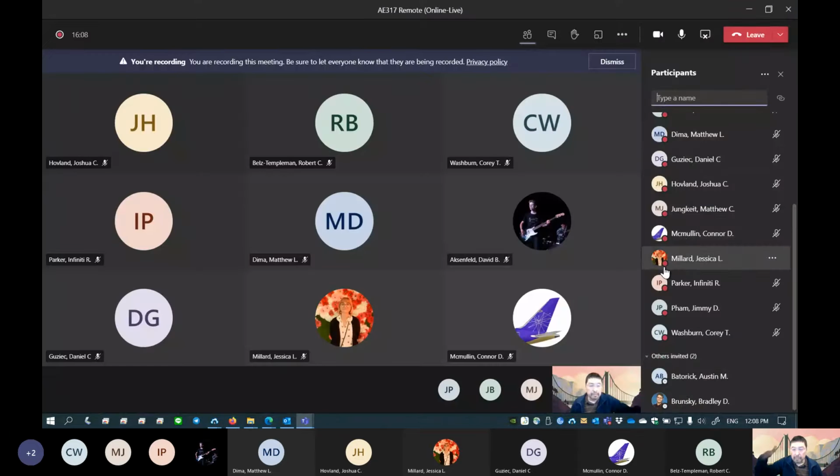This class, AE317, also has a heavy emphasis on using software to design airplanes. The software is Xflyer 5. For those who took my aero class last semester, you have an advantage because you got started, though of course just scratching the surface of the software.